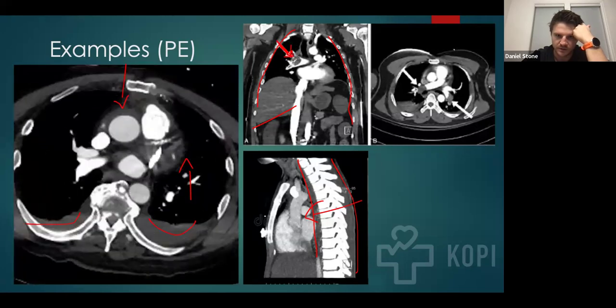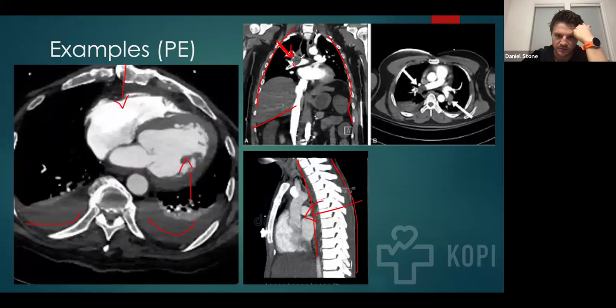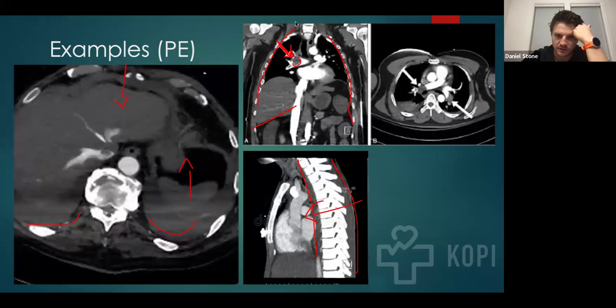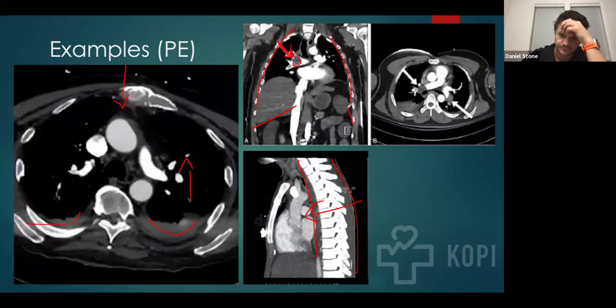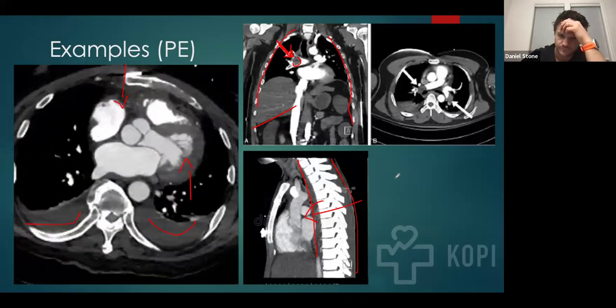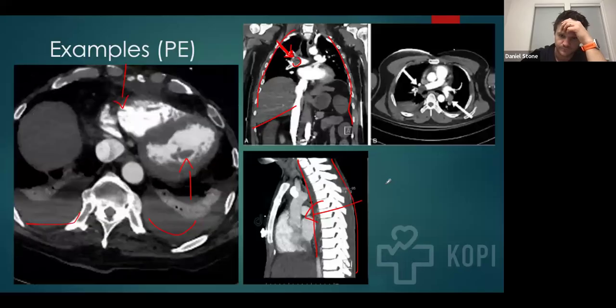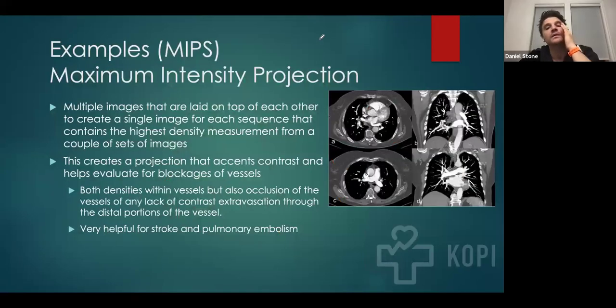You can see a big PE that's limiting the contrast flow from the right heart. So when you're doing a CTPE projection and you're creating a sequence that's meant to evaluate for pulmonary embolism,